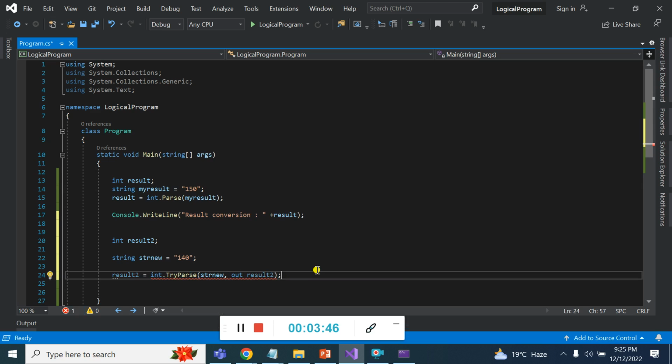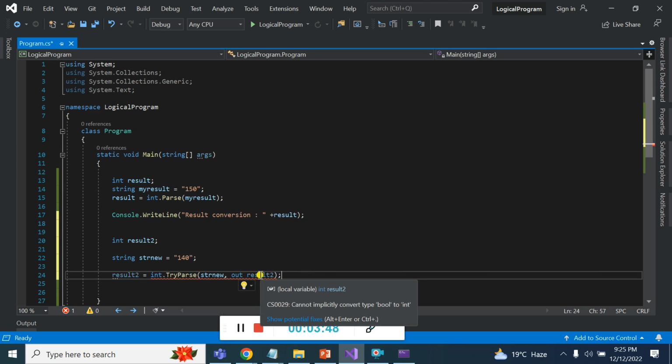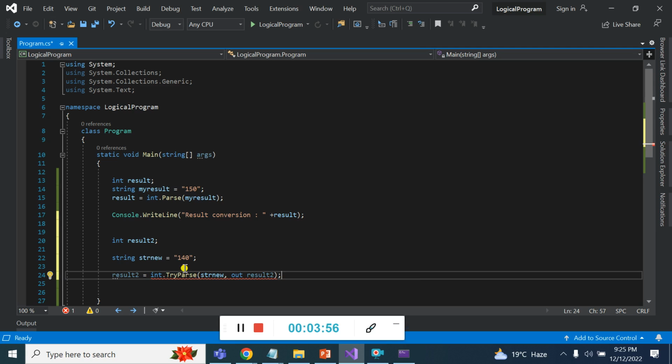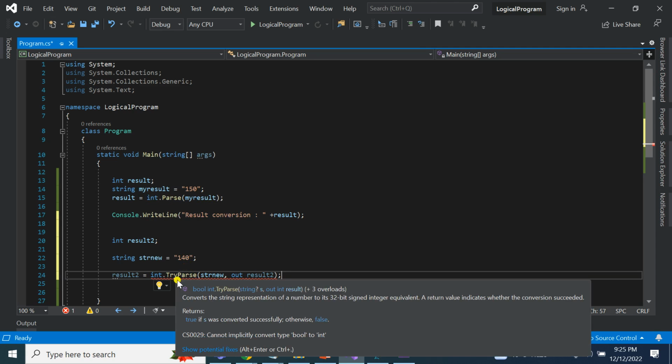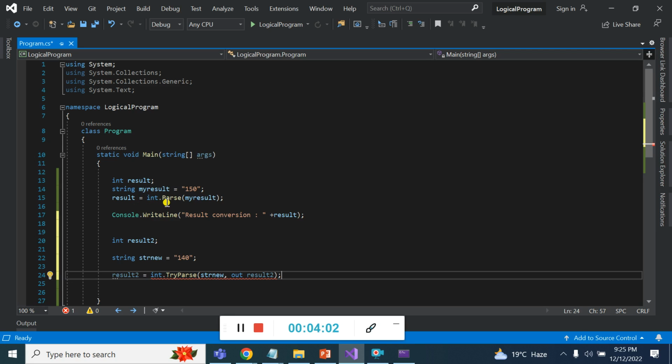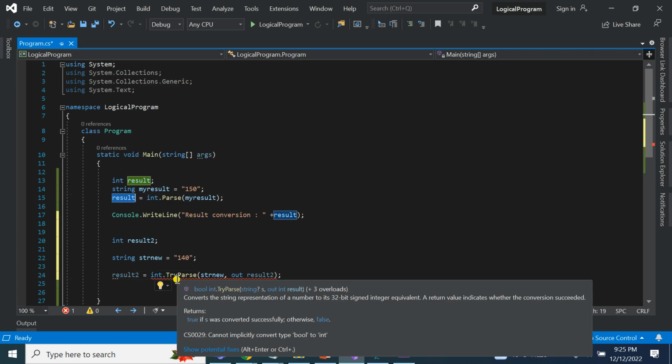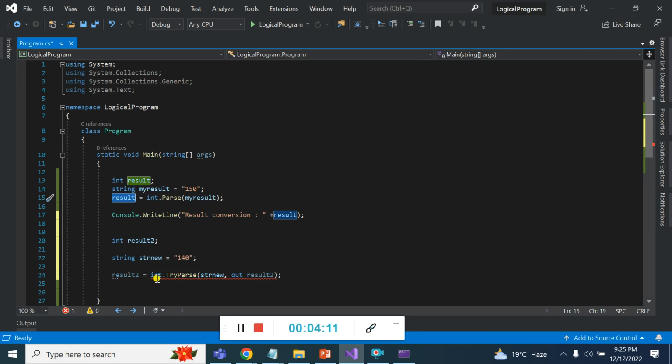Right? Now I'm getting an error because it cannot implicitly convert type bool to int. Here you can see the big difference between int.Parse and int.TryParse, because int.Parse returns an integer value, while int.TryParse returns a boolean value.